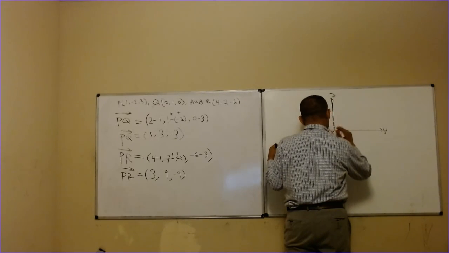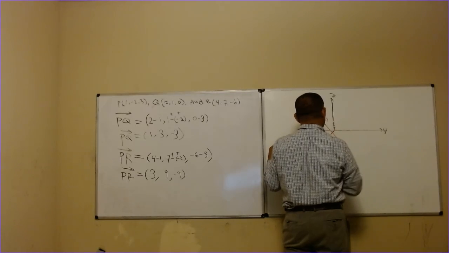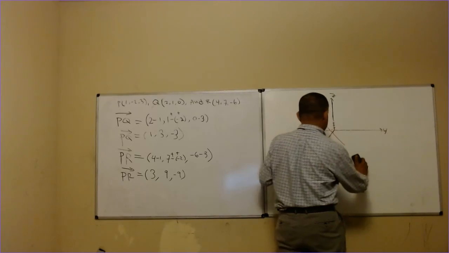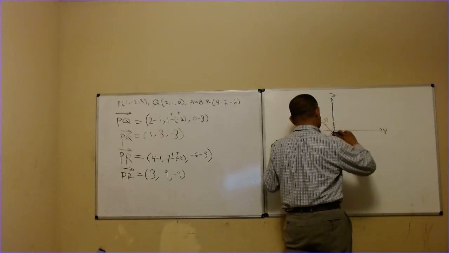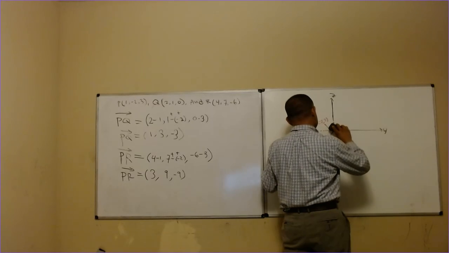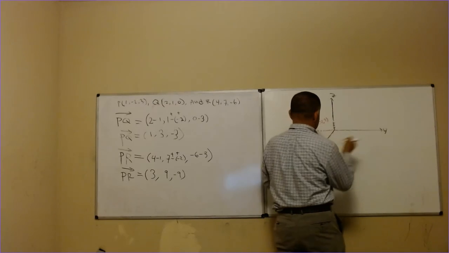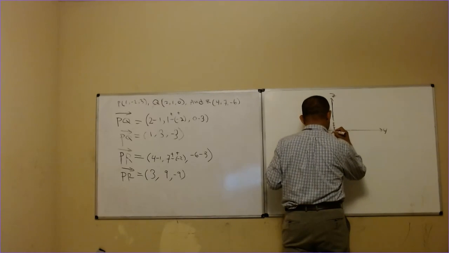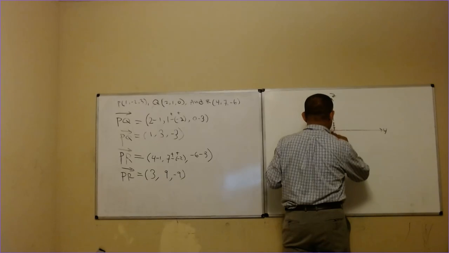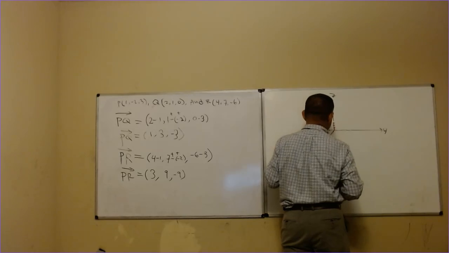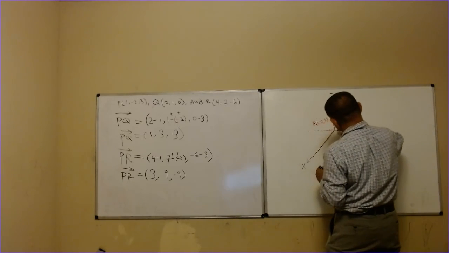So here the x-axis should be closer. So this here, right? So then this will be, okay? So now this line